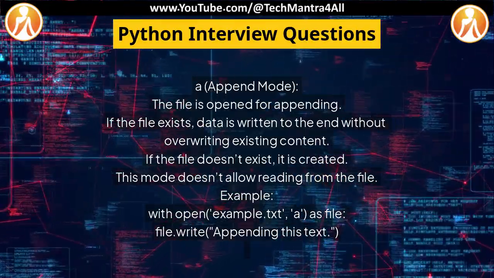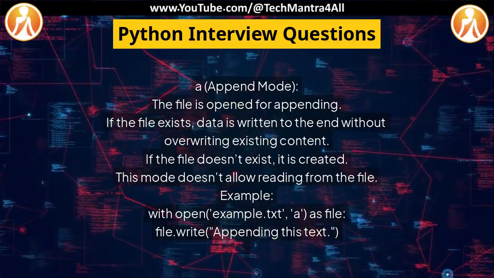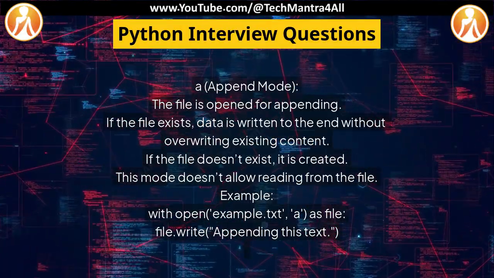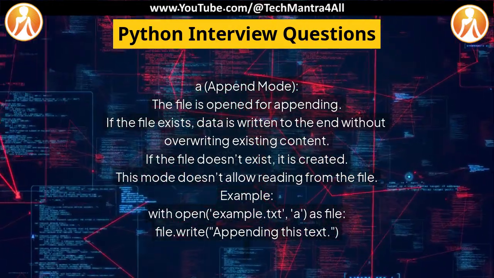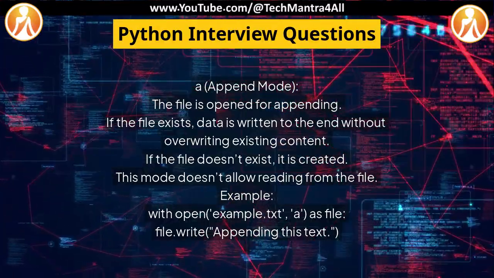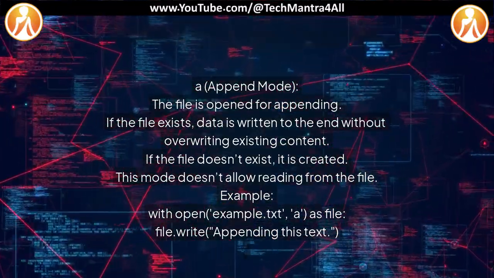a, append mode. The file is opened for appending. If the file exists, data is written to the end without overwriting existing content. If the file doesn't exist, it is created. This mode doesn't allow reading from the file. Example: with open('example.txt', 'a') as file: file.write('Appending this text')